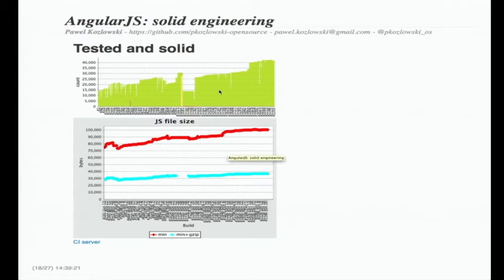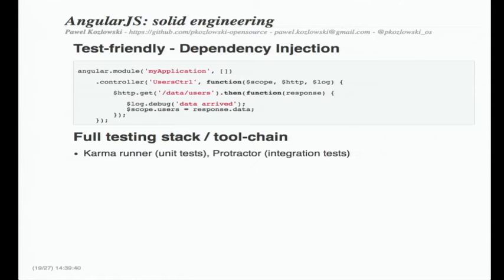the test code, or a number of tests, being executed as part of each build of the framework. So there are over 40,000 different tests executed on each check-in. So you can see that the whole team takes this testability story really seriously. But it's not only making sure that the framework is well tested and stable. It's also making sure that the whole community can test the applications that are written based on